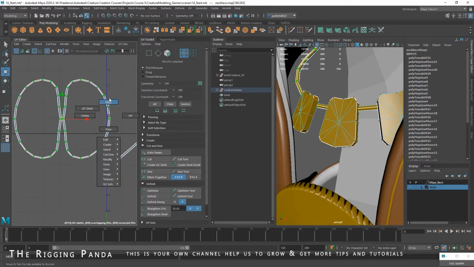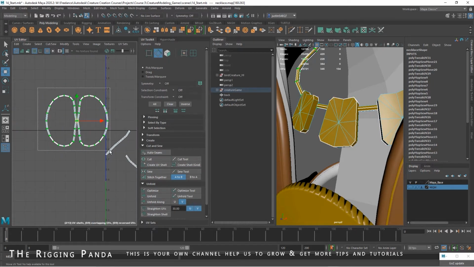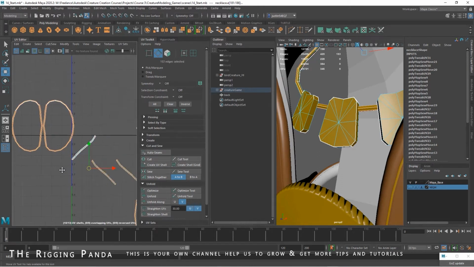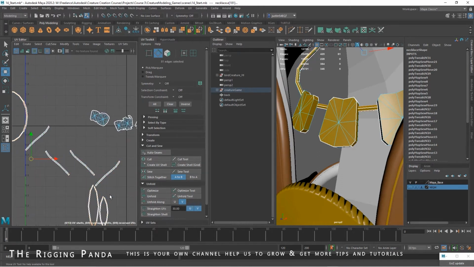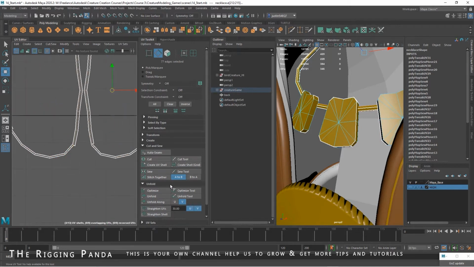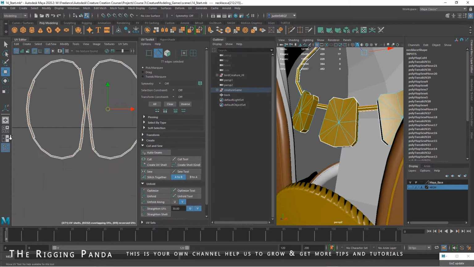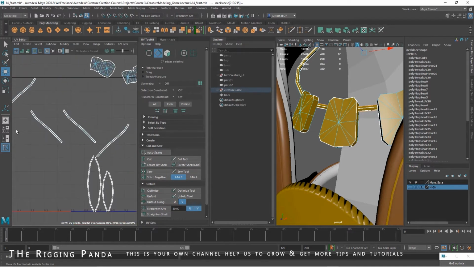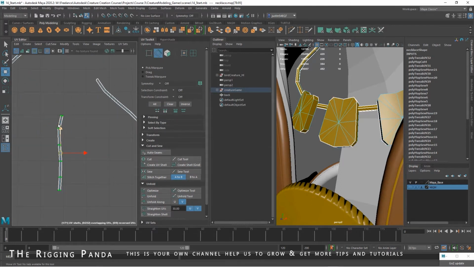I don't actually want the entire loop. And so I'm going to use the straight ones as my bases. And then I'm going to cut the rounded ones. So I'm just cutting them. I don't care about them at all. And so what I want to do then is get one of these bases, kind of straighten it a little bit, and then I can start to take the edges on the side, stitch those together,